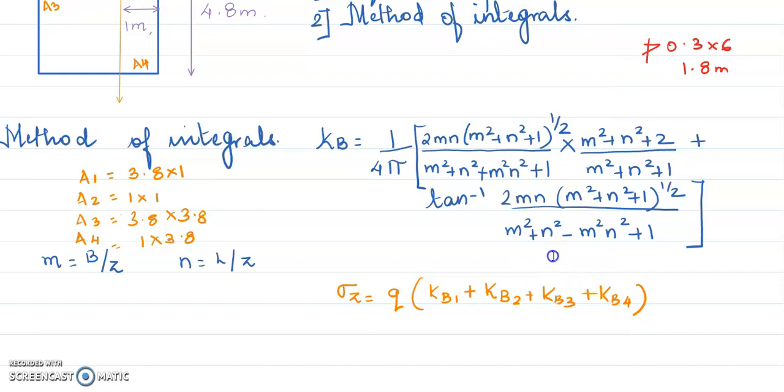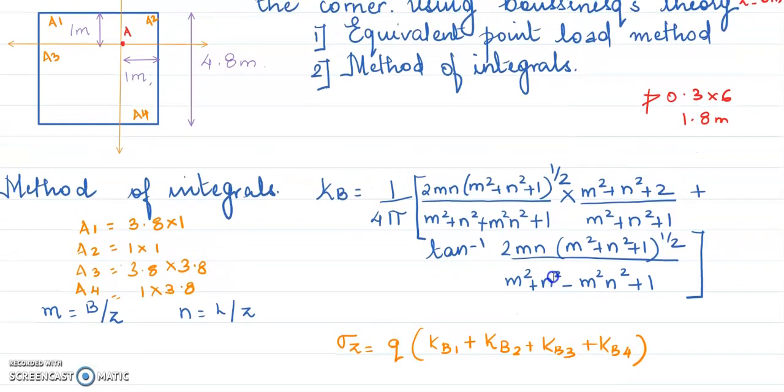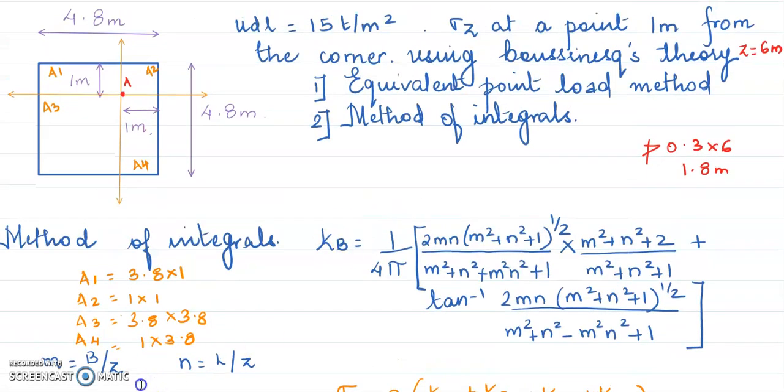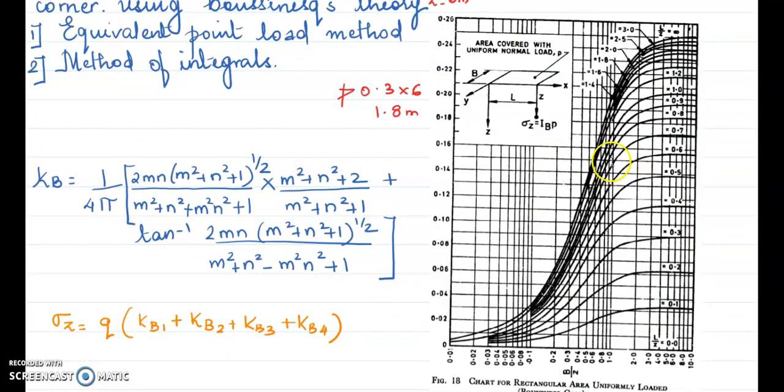Now I'm not saying that you can escape remembering this, but in case IS 8009 is available with you, then there is a chart in which you can skip remembering this. So I just thought I will explain the chart, because many times this code is permitted. This is a chart which is given in IS 8009. It's figure number 18. I cannot tell you the page number right now, I've not opened the chart, but it's figure number 18, somewhere at the end of the IS code.